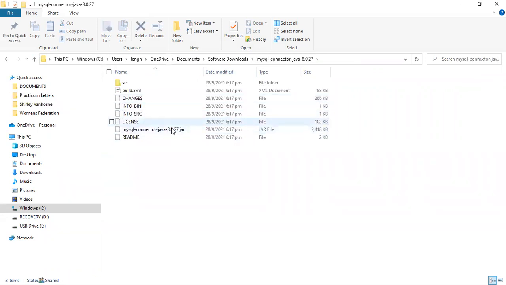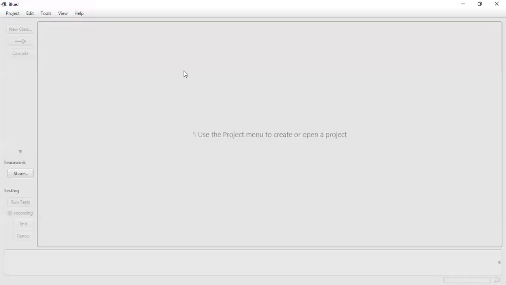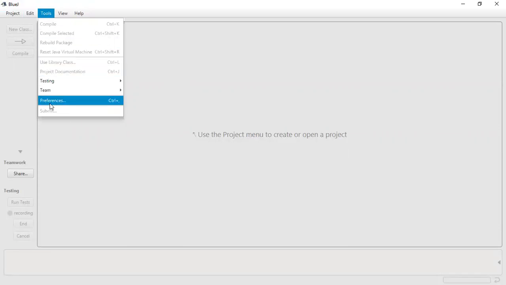So we're going to be using this file. That's the MySQL connector Java. That's a JAR file. That's what we're going to be using to establish a connection. So I'm going to head back over to BlueJ. Once you're in BlueJ, let's go to Tools, Preferences,